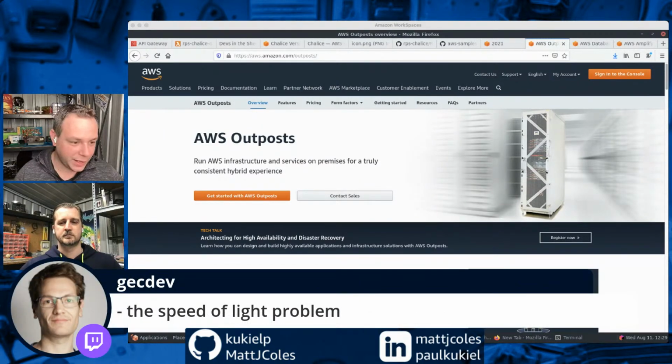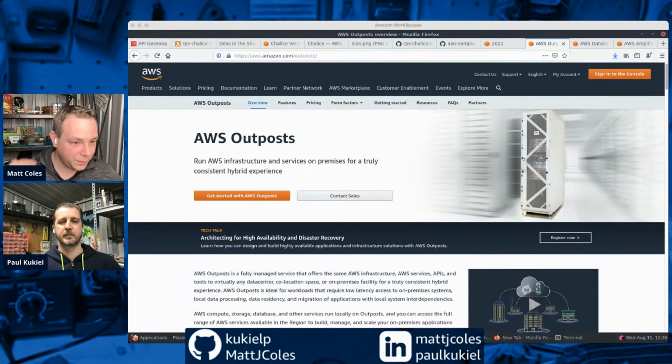But I do really like the speed of light problem response, because that's the key thing. Especially if you want to have a database shared between two clouds, it's the same as having a database between on-prem and cloud. You're always going to have latency. You're always going to be subject to the physical cables transferring data across the internet. That means you've got to handle data consistency problems as well, which get very, very complicated very fast. I know we were just talking about the RDS Proxy stuff, but I think this might be worth having another session sometime